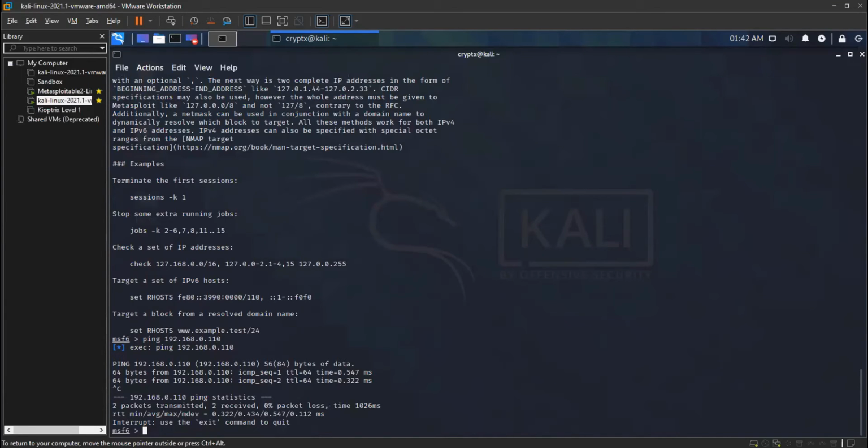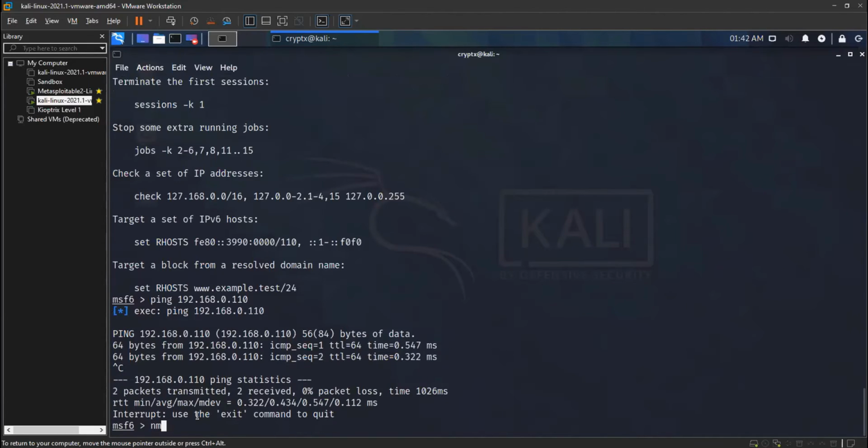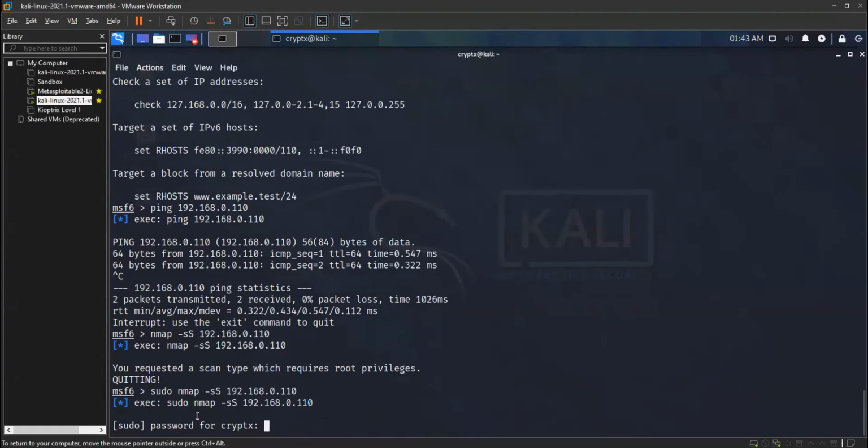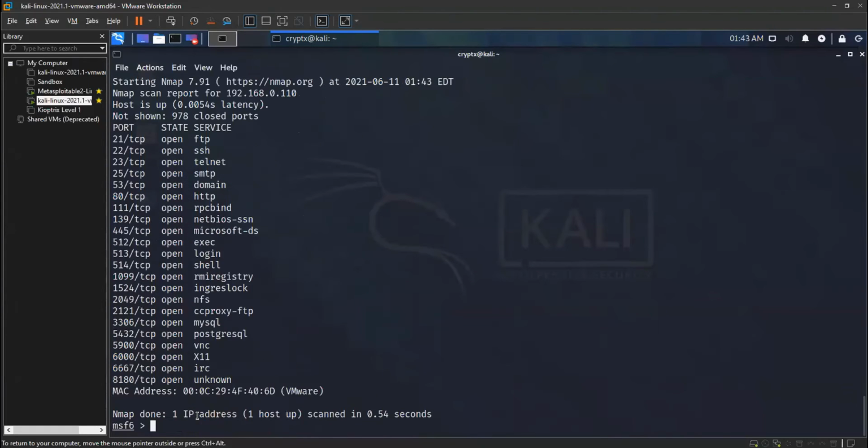So now we'll try to do an nmap scan on it inside msfconsole. So nmap, put the IP. Let's search for a specific port by using -p, let's say 21. Let's remove the port also, 192.168.0. Okay, it needs sudo privileges, so we'll add sudo. So it got us all the ports which are open on this Metasploitable.